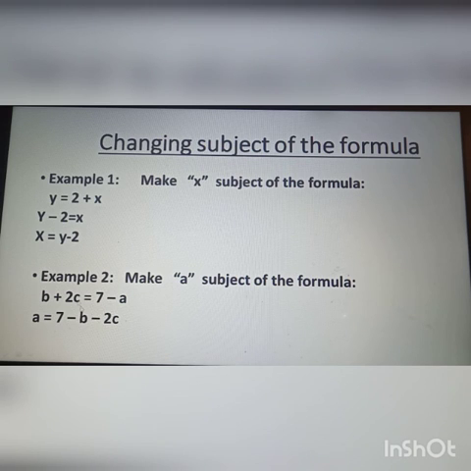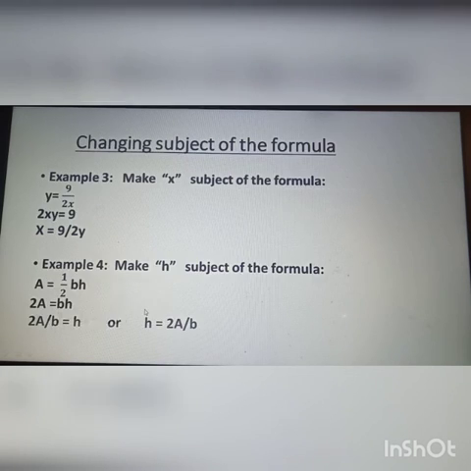So why have they been changed? As I told you earlier, while working with an equation, whenever any number is being taken to the other hand side, its sign gets changed, and our intention was to keep the sign for the subject positive. So that is why a will be taken to the left hand side, and all these terms will be taken to the right hand side. That's it. Then changing subject of the formula, there are a few more examples here.